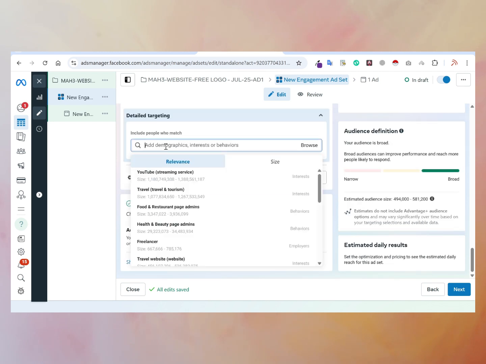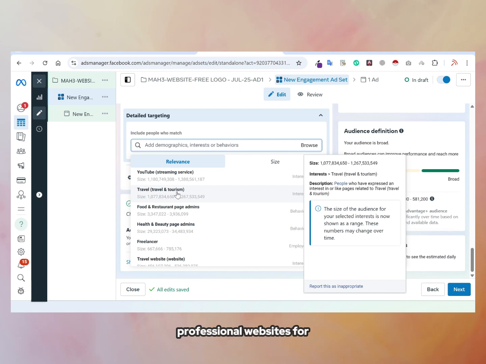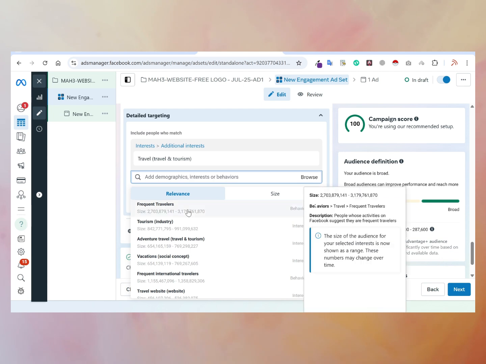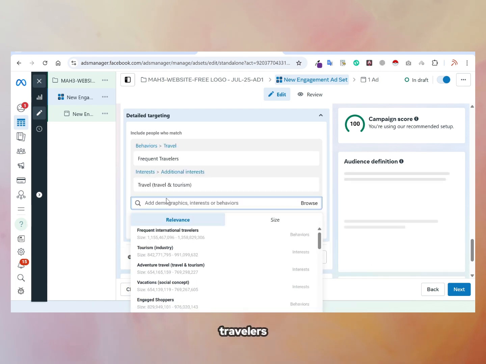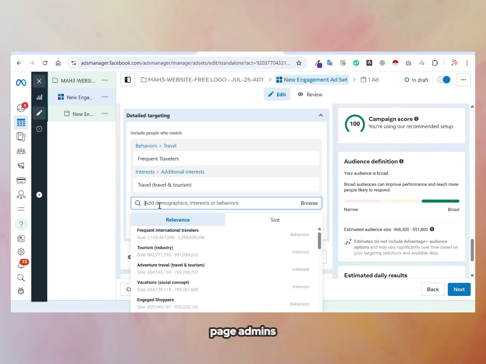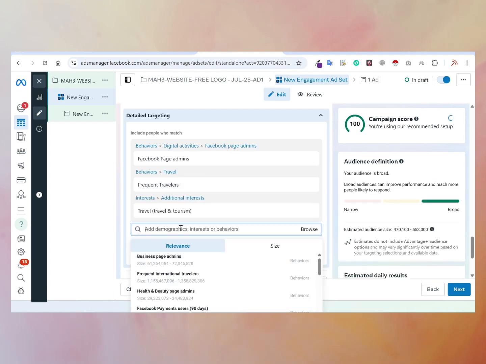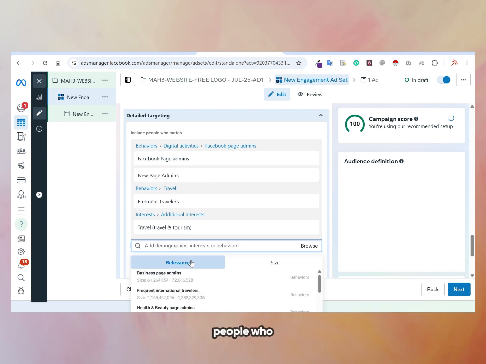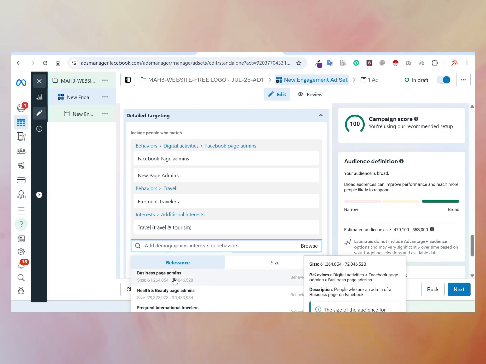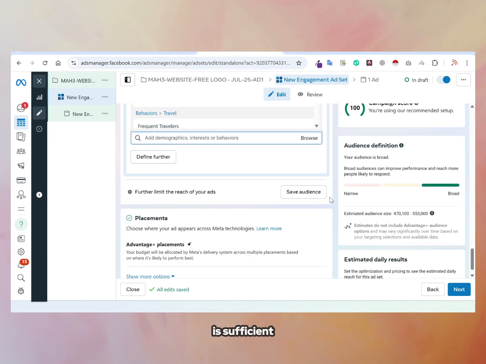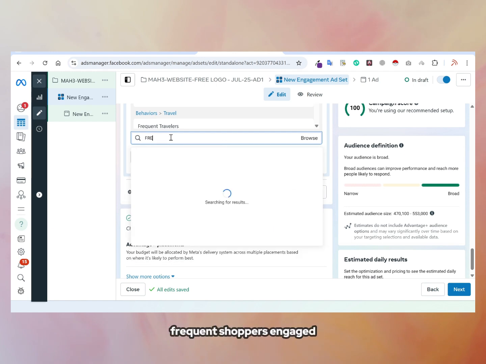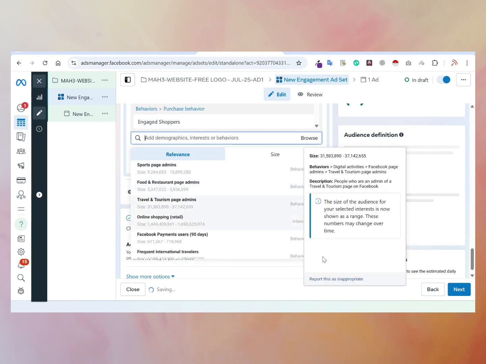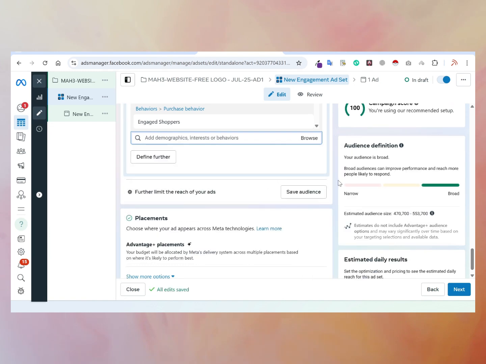So we go to demographics. I develop websites, professional websites for travel agencies and non-government organizations. So for my case, those are my niche. I'll target frequent travelers. I'll target page admins, Facebook page admins. However, I will also target new page admins. Since the service I'm providing is a B2B kind of service, I need people who are decision makers in their organizations. Yeah, so with that is sufficient. I also need frequent shoppers, engaged shoppers. Yeah, with that,